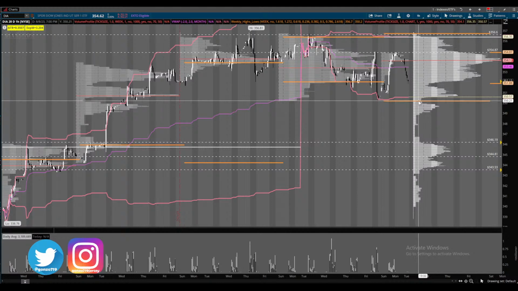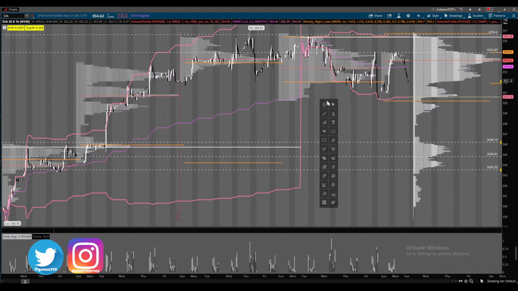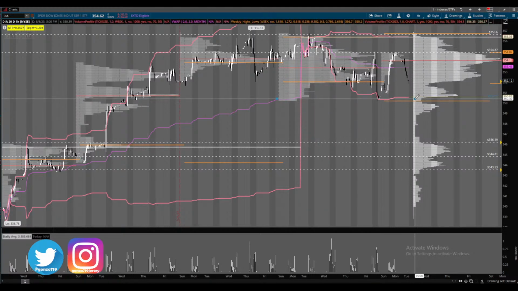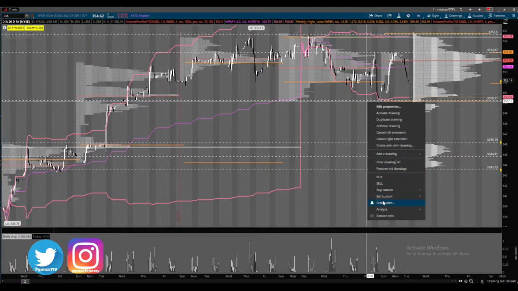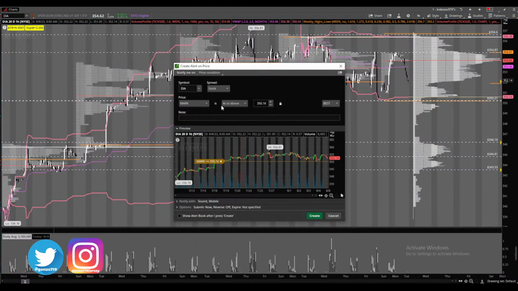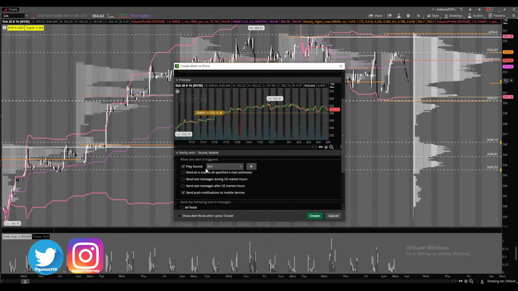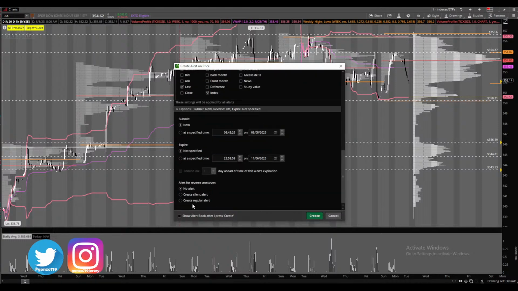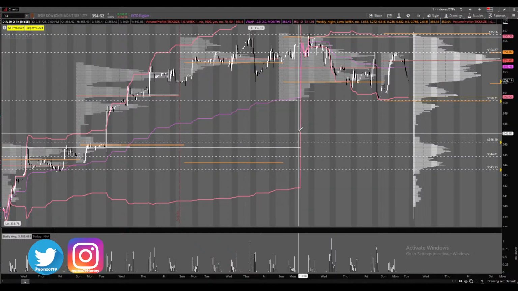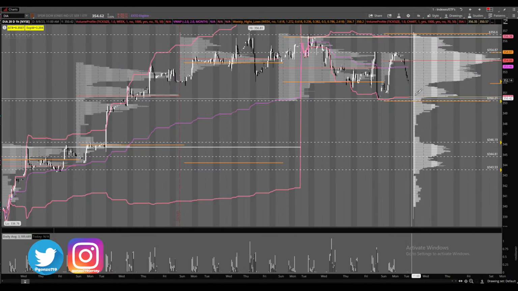So what is that? 350? I have to put a little marker there. Let's put in a little alert there. Alright, so we got an alert there now. I want to see if that gets breached, okay? Now, this is last month's highs, far away from that. So this 350 level is key, okay?